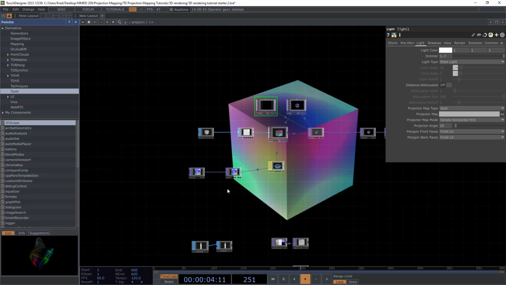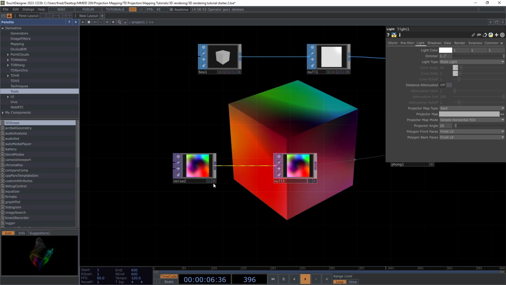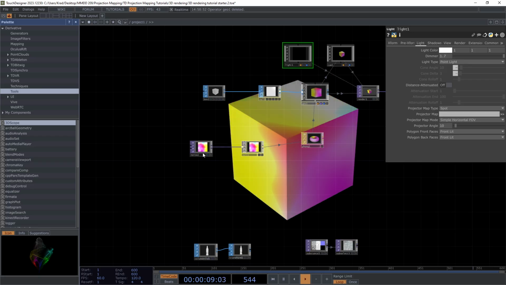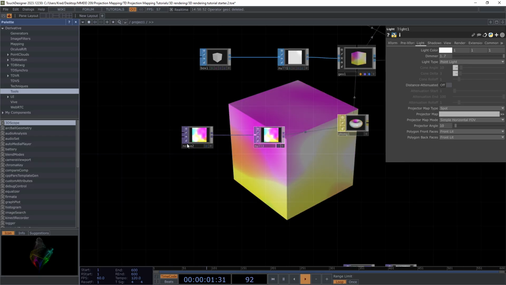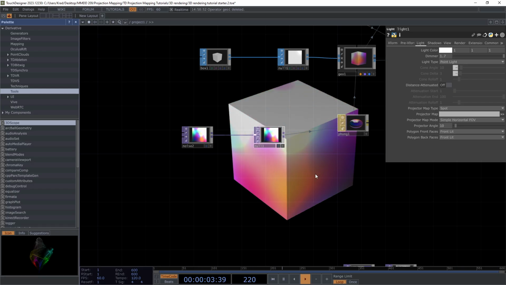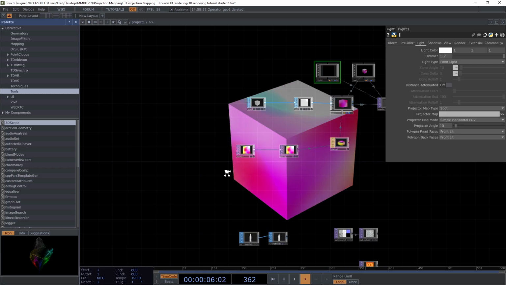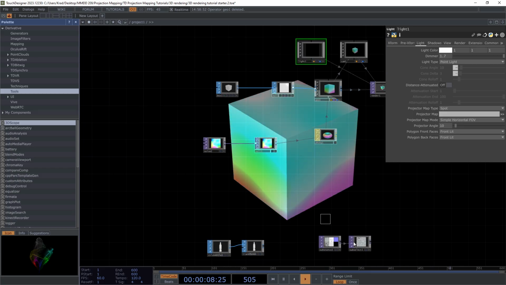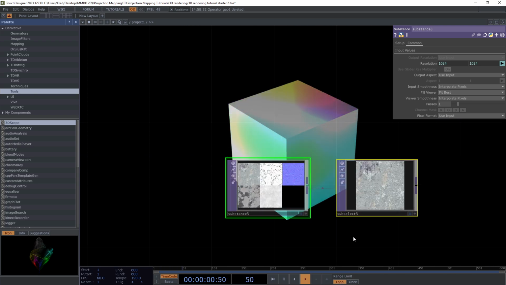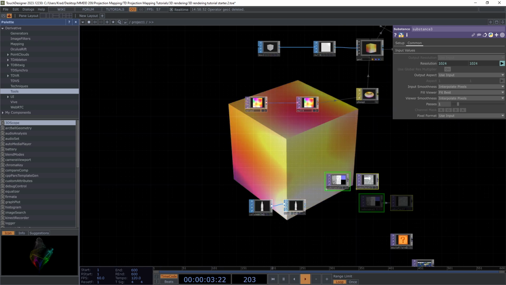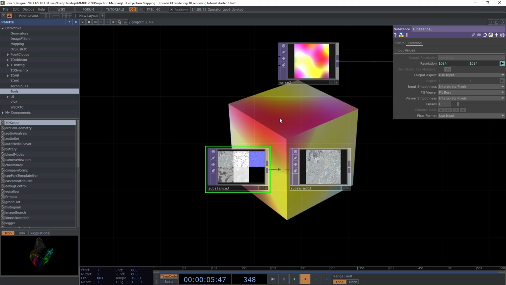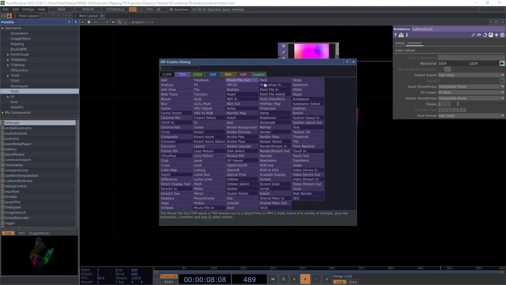That kind of works simply because this texture is so abstract, right? As a general rule, the more abstract and kind of regular your texture is, the more likely that it'll just sort of work when you wrap it around something. I'll give you another example. This is just something I've pulled out of Touch Designer. This is like a default type thing. You could find it in the TOPs. So it's Substance,